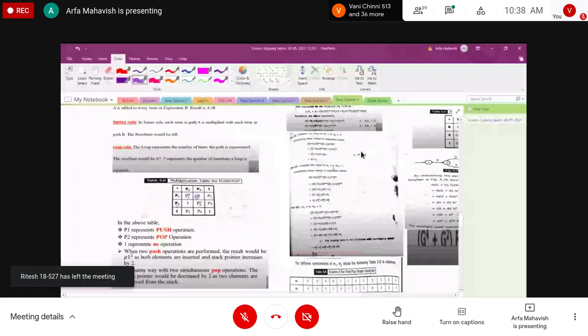Next we have P1 and P2. In the same way, two pop operations decrease the stack power. Here with P1 and P2, push and pop operations will not be done at the same time, so no operation is performed. We write 1 here. When you are doing the push operation, you can't do the pop operation, right? So the operation is not performed, and you write 1 over here. Next we have P1 is 1.